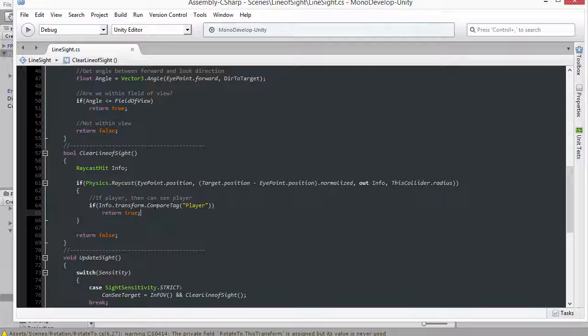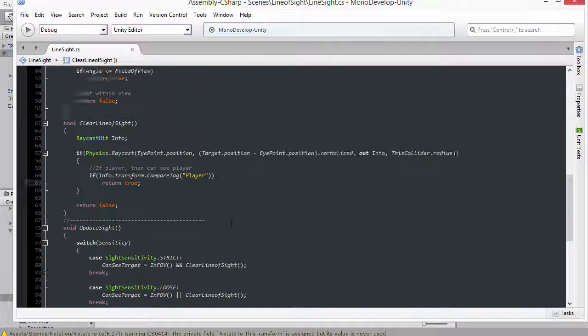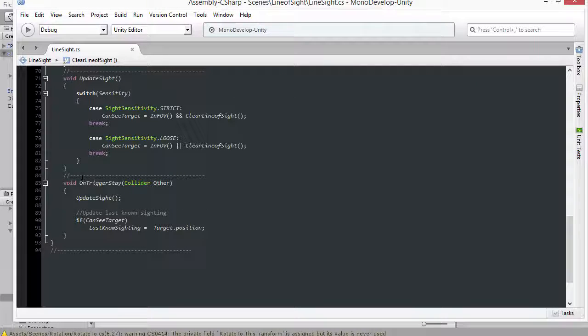However, if the NPC has a direct line of sight to the player character, then it returns the value of true to indicate that not only is the object in our field of view, but we have a direct line of sight to it and nothing stands in the way. If I scroll down even further, you can see that we have the function here onTriggerStay, which is the event